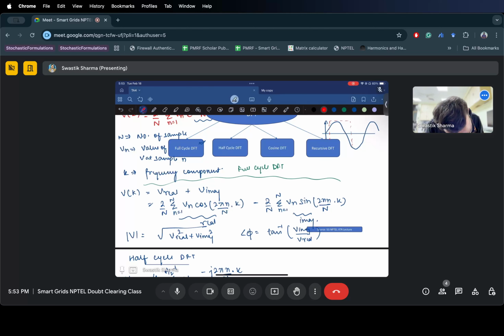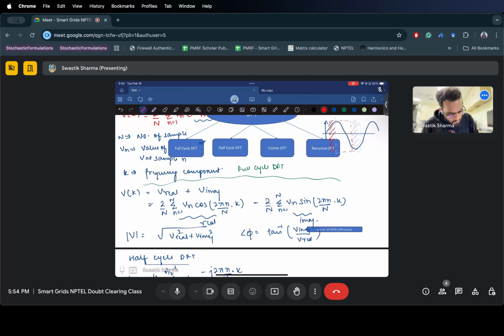So let's say this is how you will look like. By same window, what I mean is when your new sample comes, this part is new, this part is old, right? And once you get the new sample, you remove that old sample from your recursive DFT window, and you perform it only for the window that you are calculating your DFT for, right? This is called recursive DFT, where you recursively remove the old values as and when new samples come into your